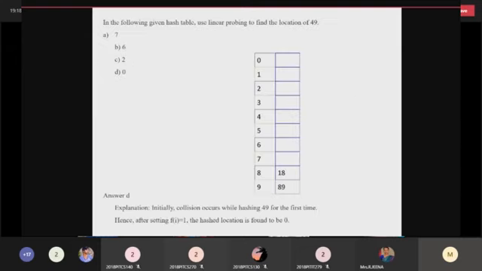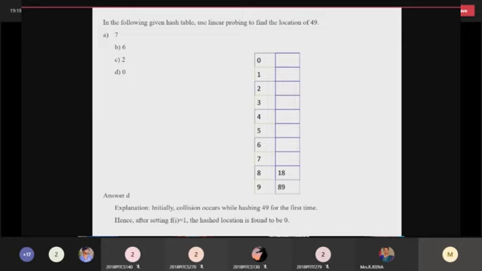In the following hash table, in linear probing, find the location of 49. Where will 49 be placed in linear probing? Linear probing means you are going to store the key value. So the answer is 0. Why? First you store 49 modulo 10.